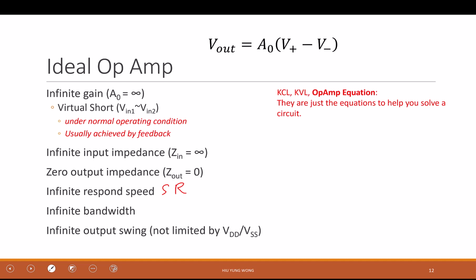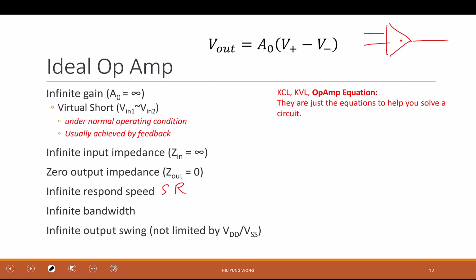When very often we say that V plus equal to V minus. But is this true? Is this always true? Here I tell you that no. It only happens if you have infinite gain, which you know that. But we always forgot one very important thing. The transistor needs to operate under normal condition, which is saturation, and you need to have a feedback. So let me ask you, if I have an operational amplifier, I just give you, which has an infinite gain,